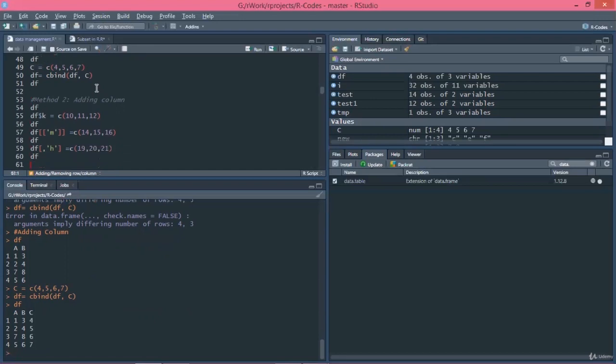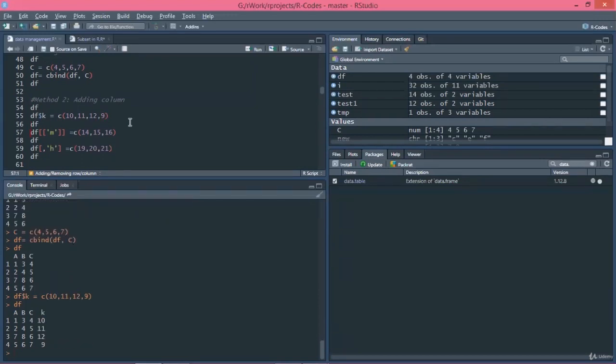The second method that we can use to add a column, there are 3 types we can use. The first is the dollar sign, which we can use to assign a new column. We'll take the name of the data frame, that is df, $k. What it means is in this data frame I am selecting a column. There is no k in this data frame, so it will create a new column k and save the values 10, 11, 12. I'll be adding one more value as there are 4 rows here. So let's take a 15, let's take a 9 here. Okay. Now let's check the data frame. You can see there is a new column added to our data frame, that is k.